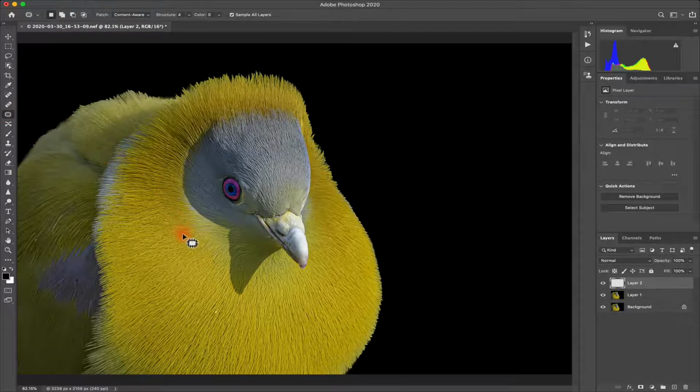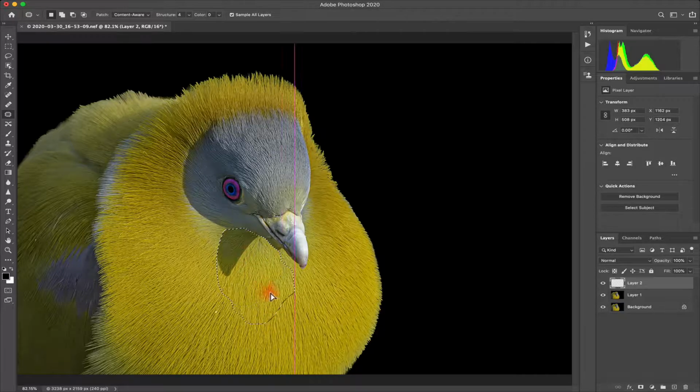This will generally work a lot better than most of the others. Make sure sample all layers are selected, as also content aware. Now let's just draw a lasso around this and shift this to a relatively matching area,